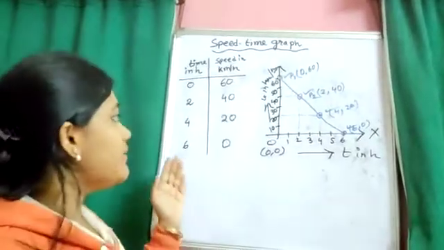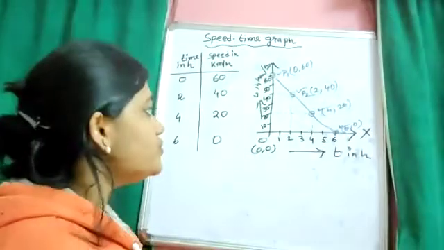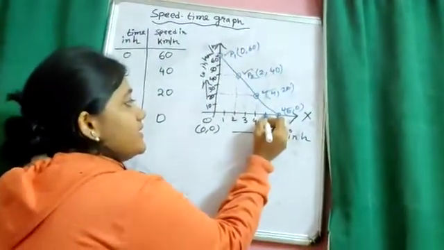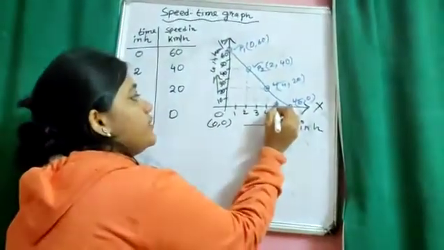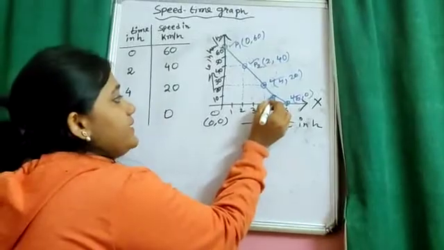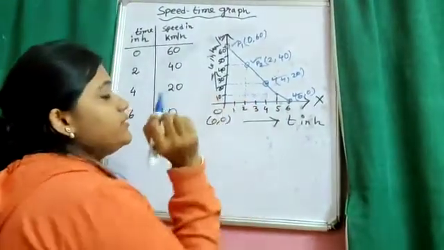Okay, when the time has passed as 5 hours, at that time what is the speed? So what to do for that one? I have got the time as 5. So let us draw one perpendicular on it. And where is it touching? From that, I need to draw one perpendicular on it.